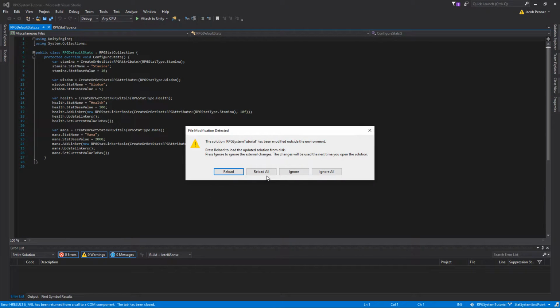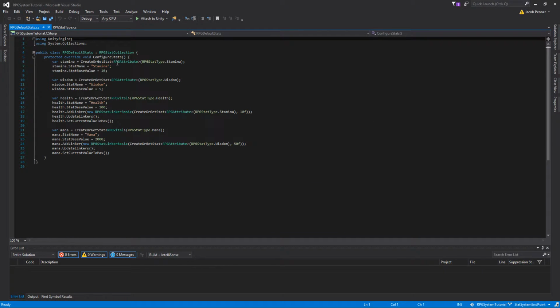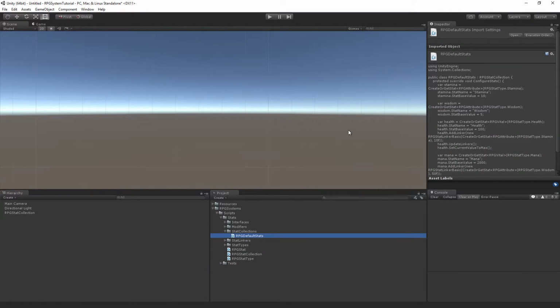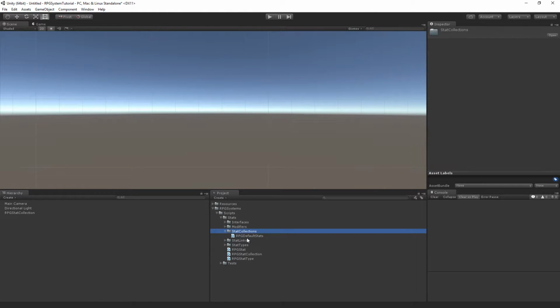And then in here we have our collection inheritance, which we open up. And in here, this is how we set up all our code to make the stat collections work. So it's a lot of hand typing and just tossing things around, which gives you a lot of freedom, but it's kind of a pain if you're not a coder. So I've been trying to get